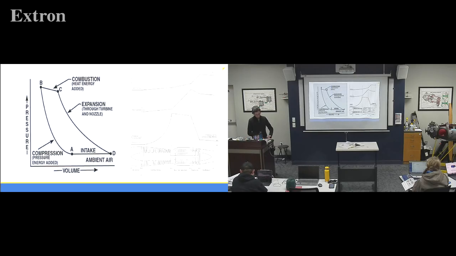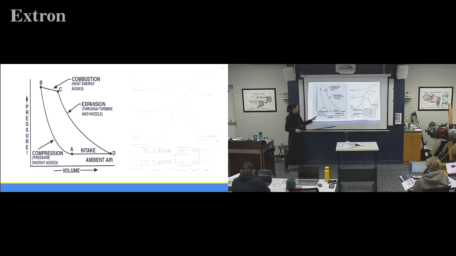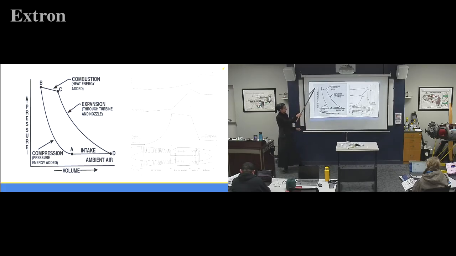Here's a super cool graph of what is happening throughout the whole engine. So we'll go over this one first and then this one. Here on the bottom is volume of air, which is going to change a little bit. And here is pressure. So even though it is considered a constant pressure, pressure does change a little bit, which this graph shows. So A is our start,